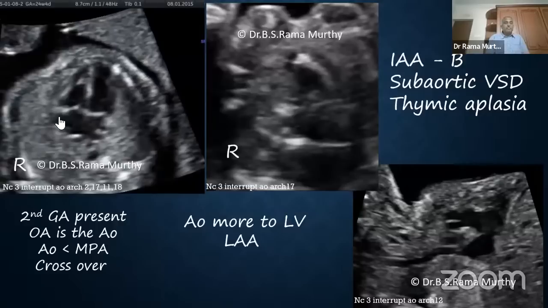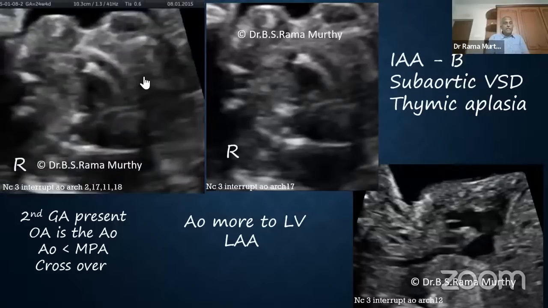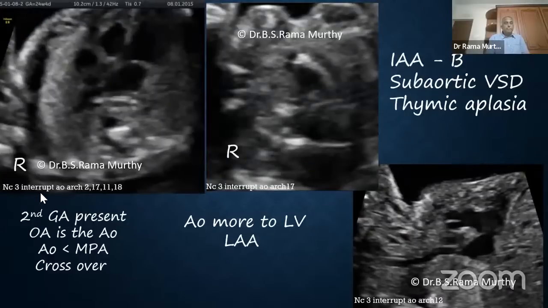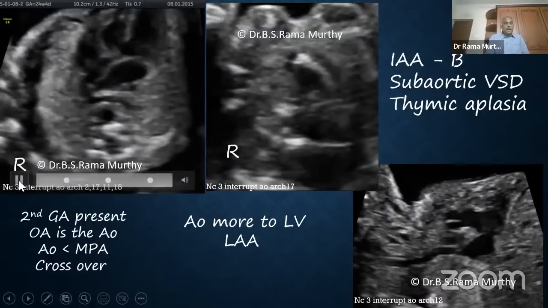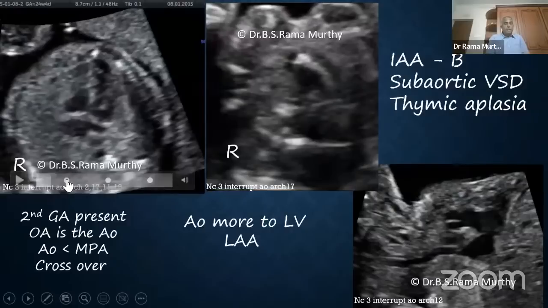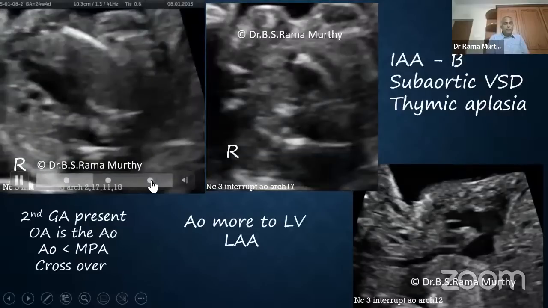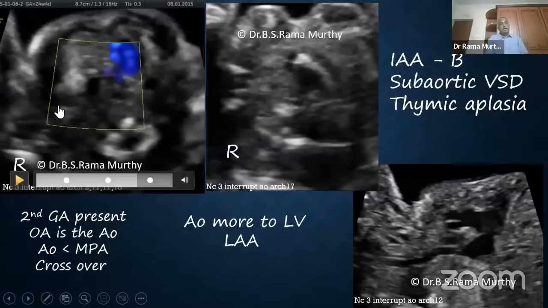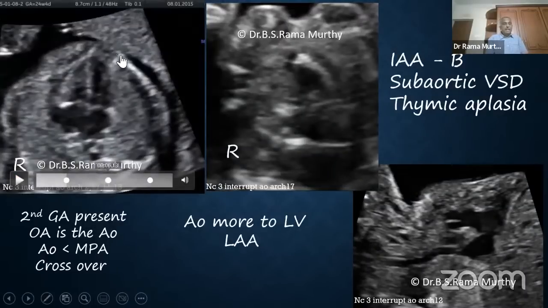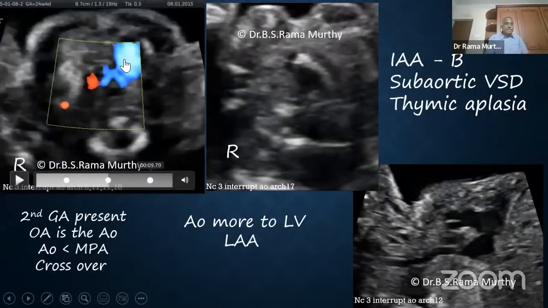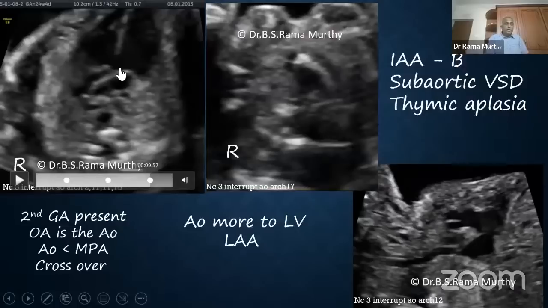You will see that in the four-chamber view, there's nothing much to talk about, but when you come to the left ventricular outflow tract, I will take you to the left ventricular outflow tract. That's the four-chamber view, which looks normal. This is the color of the three vessel. This is the LVOT. You will find that there's a malaligned VSD. There's an overriding of the vessel that you can see here, but this is a narrow vessel.